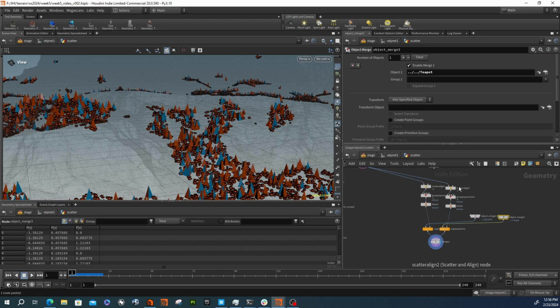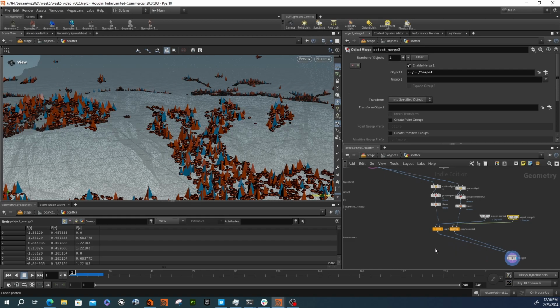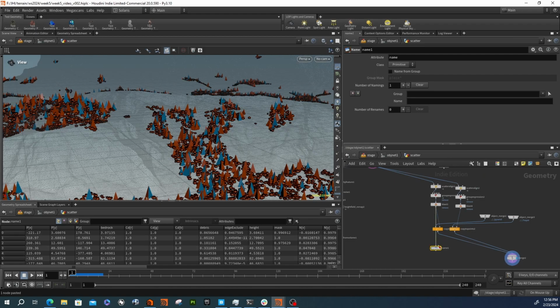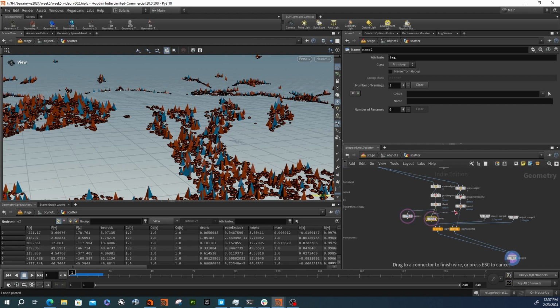We'll bring these into our Solaris context and then be able to do it. So again, I'm going to set these up as points, and I would like these to go into one instancer. So I'm going to put down a name attribute for these points, and I'm actually going to change this attribute from name to tag, because that's what the other one is going to generate, and I'll show you why that matters. And so this one is going to be pyramid, and this one is going to be teapot,